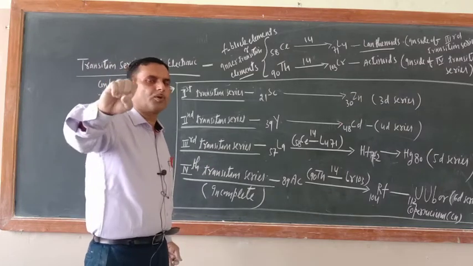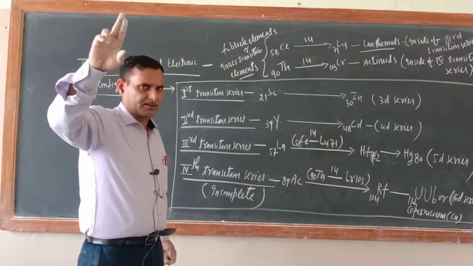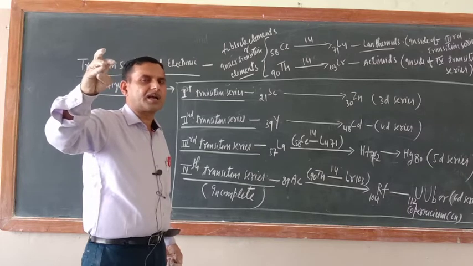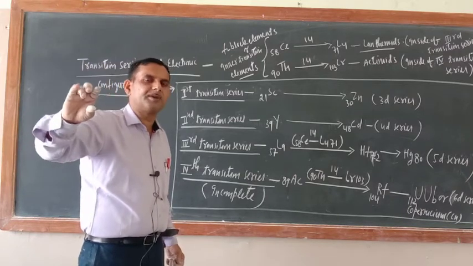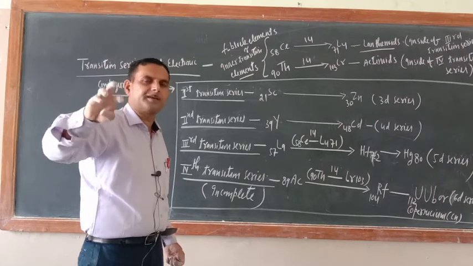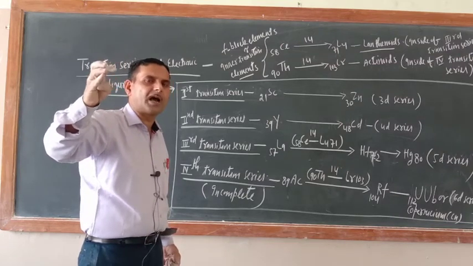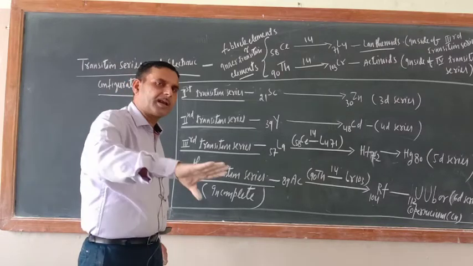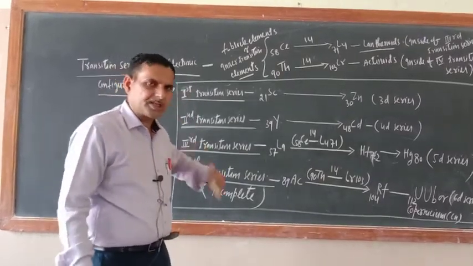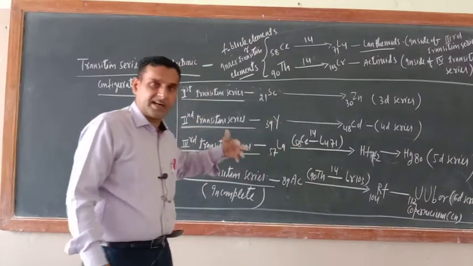If you see the new book, in the 18th group, helium, neon, argon, krypton, xenon, radon are there. Below radon also, one element has been placed. Similarly, in the 17th group, fluorine, chlorine, bromine, iodine, astatine, and below astatine also one element has been placed. So things are being added there.